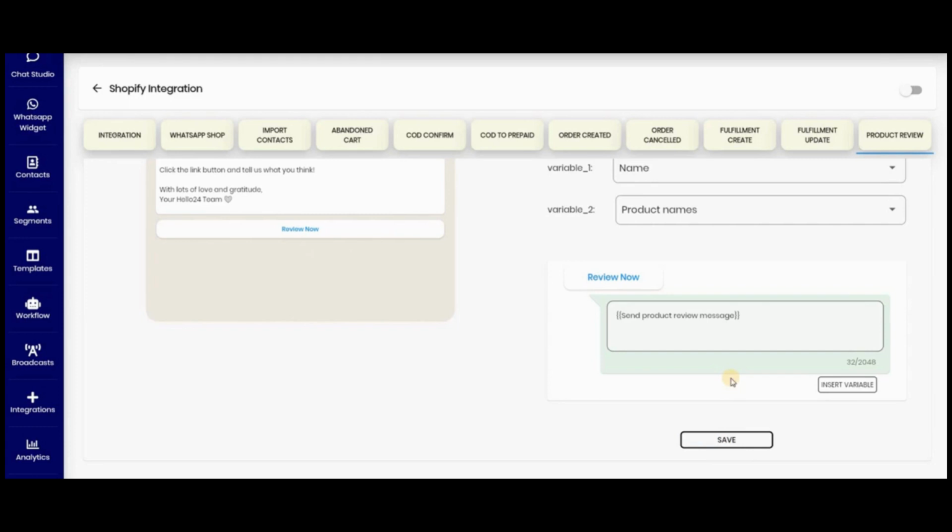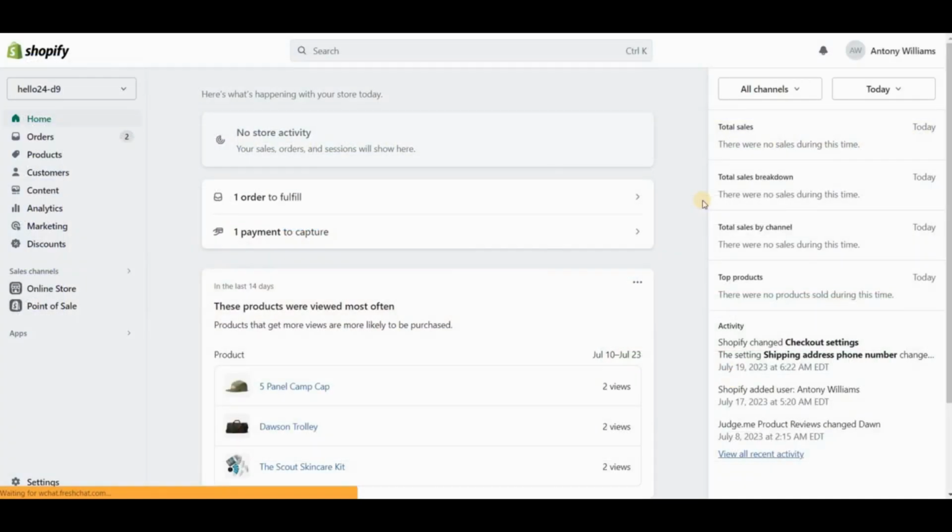Over to the next video, wherein I'll show you how the Shopify website backend is set up. So here we are in the backend of the Shopify website. It's a demo website of ours, and now we'll place 2 orders